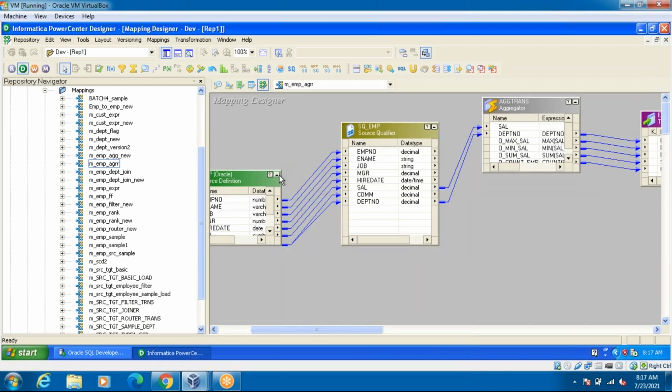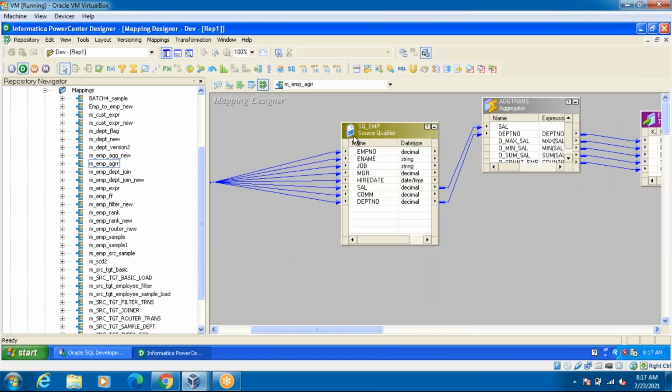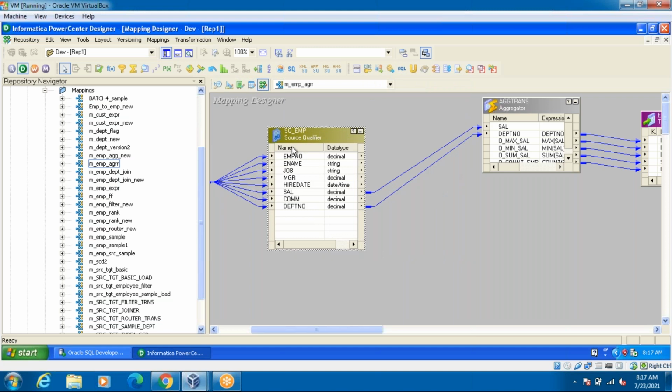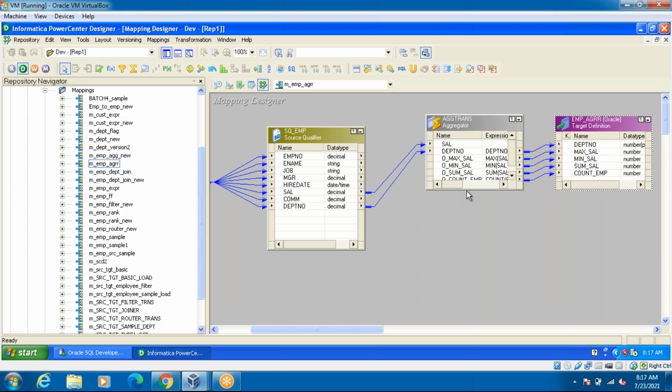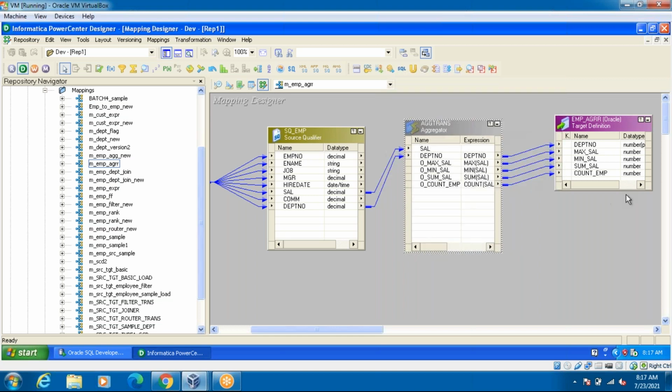So this is my employee table. The employee table by default will generate one transformation, that is a source call for transformation. So in the source transformation, this is my target table. So they want the table wise.